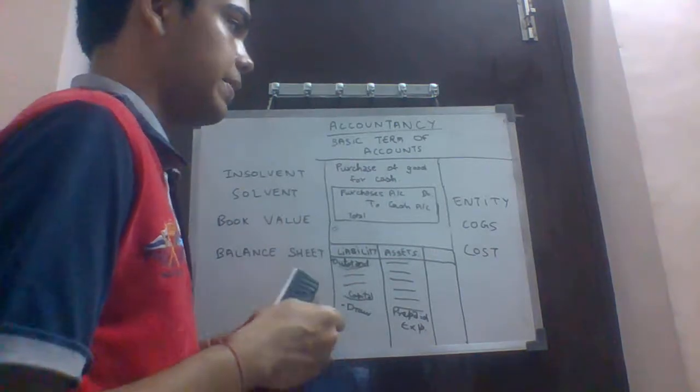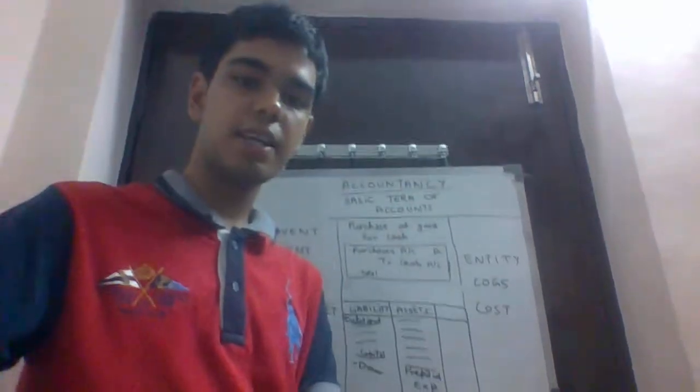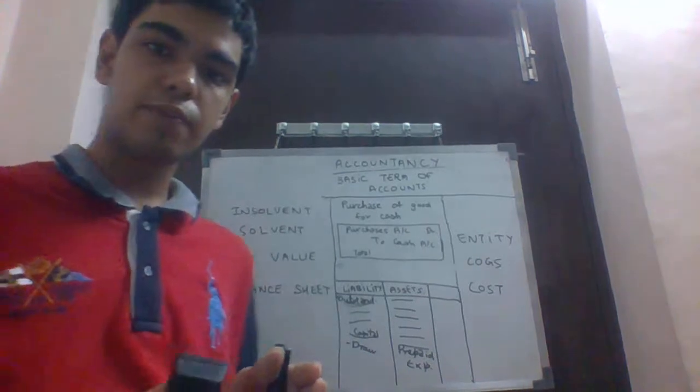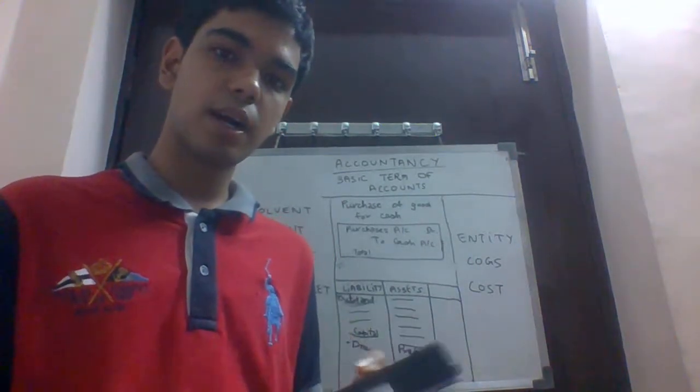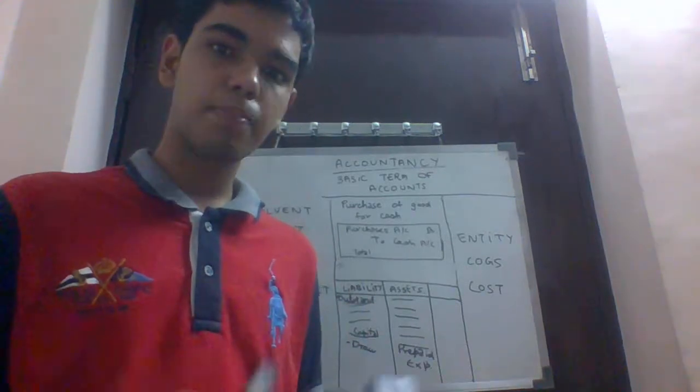Now what is an entity? An entity is an economic unit which performs business activities in accordance with the other legal authorities, like proprietorship firms,